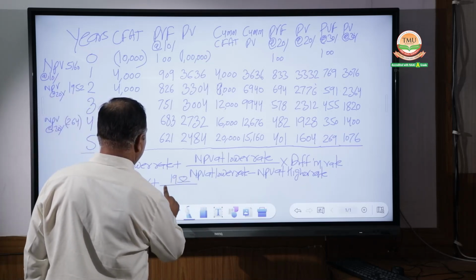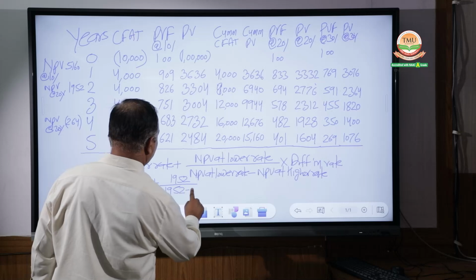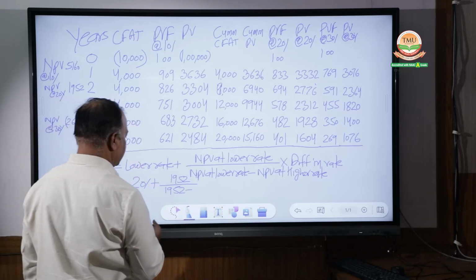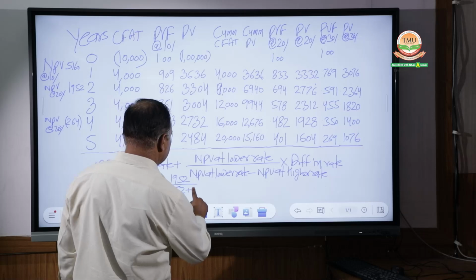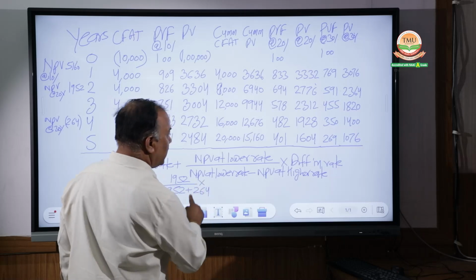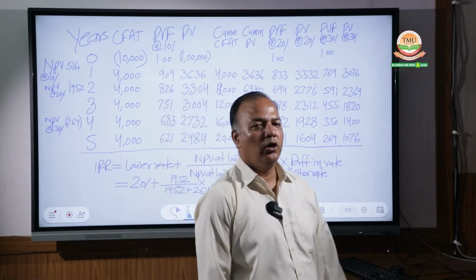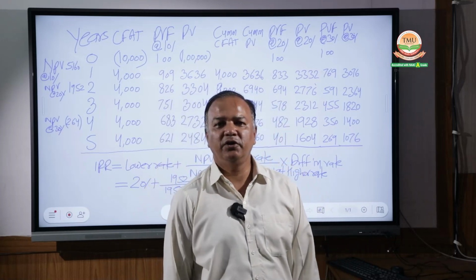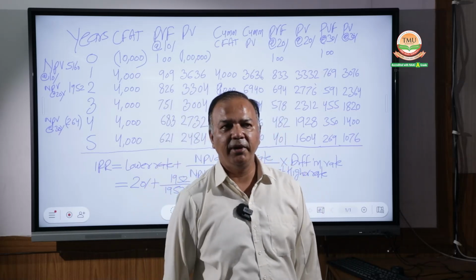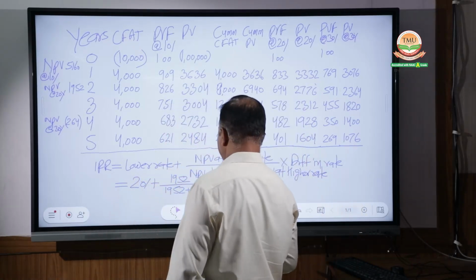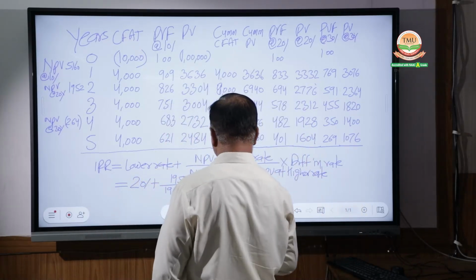1952 divided by 1952 minus NPV at the higher rate, which is 30%, minus 264, into the difference in rate. Because I am here taking the lower rate as 20%, the difference between lower and higher will be 10%. This is 10%. Now 20% plus